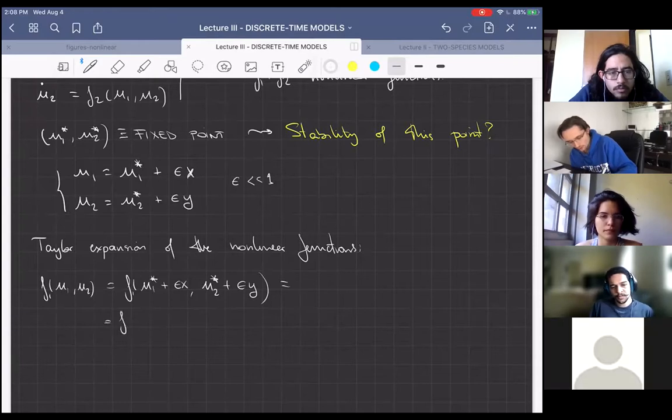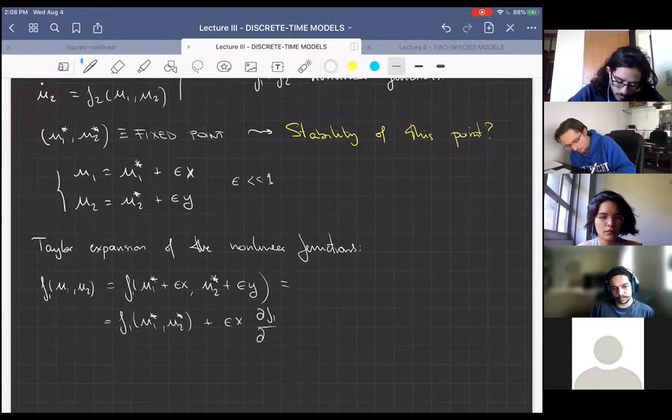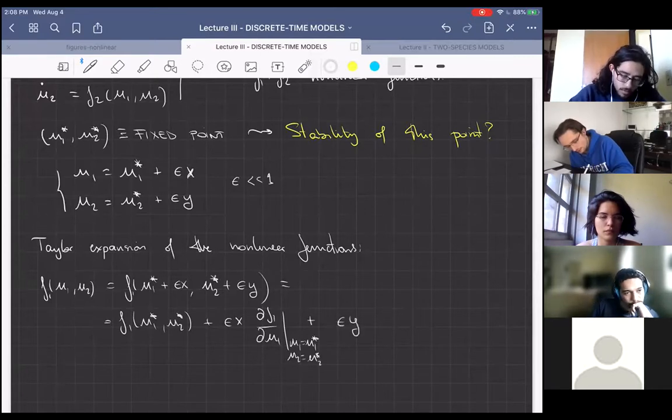So this would be F1 in U1 star, U2 star plus epsilon X, the derivative of F1 with respect to U1 evaluated in U1 equal to U1 star and U2 equal to U2 star plus epsilon Y, the derivative of F1 with respect to U2 evaluated in U1